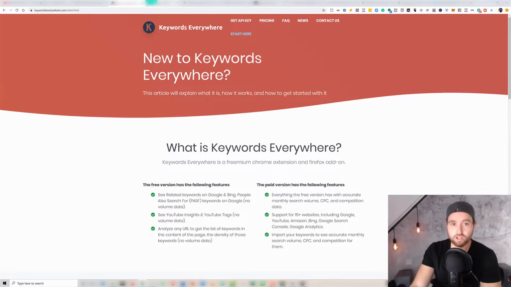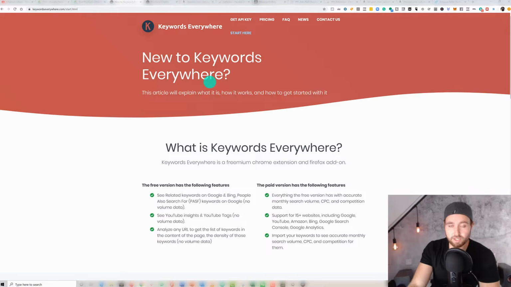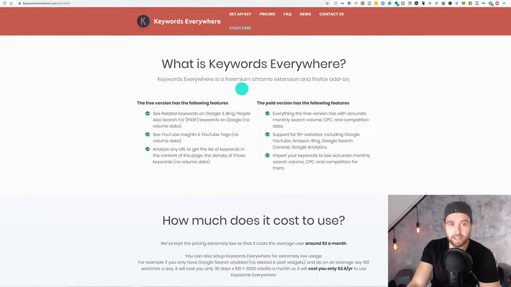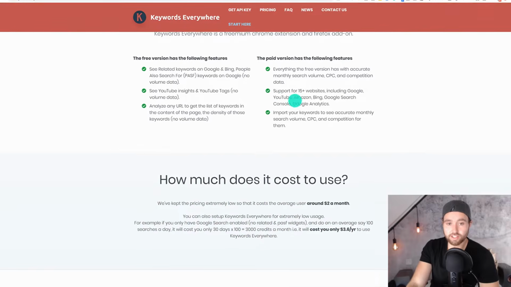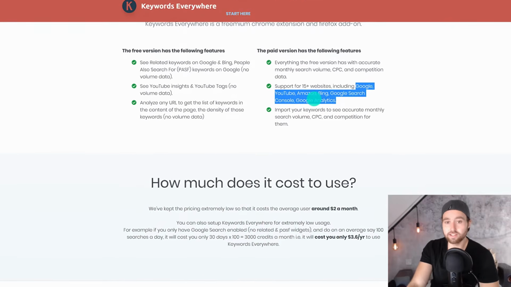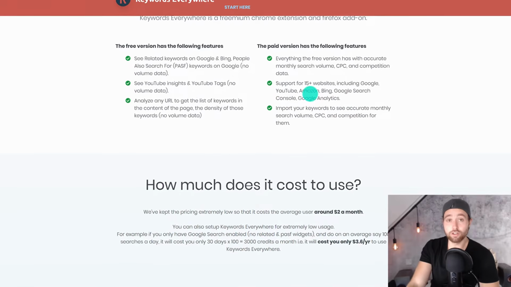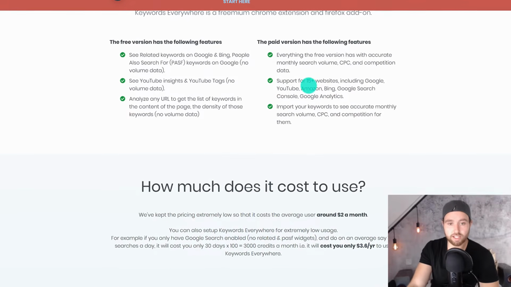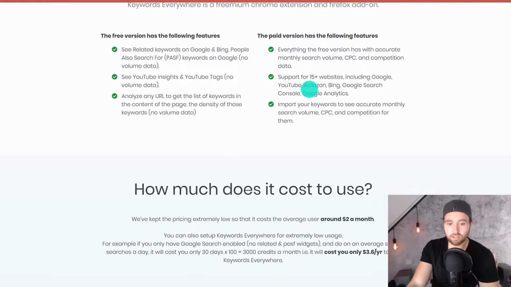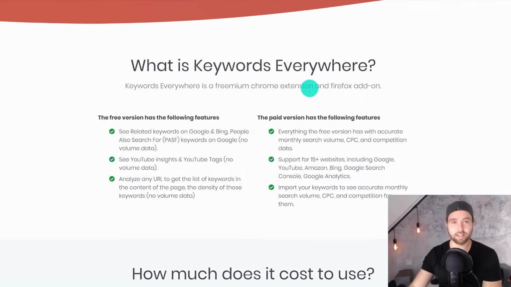This is called Keywords Everywhere. So I'll drop a link in the description so you can check this out. But basically, you can get those metrics for all these different sites, as you can see here: Google, YouTube, Amazon, Bing, etc. Now, there are going to be global search volume numbers. I want to be clear on that. They're not going to be directly Amazon searches, but I still love to have those to give me an inkling